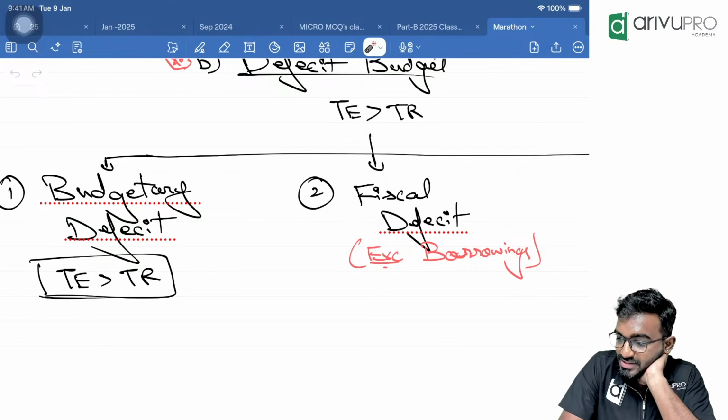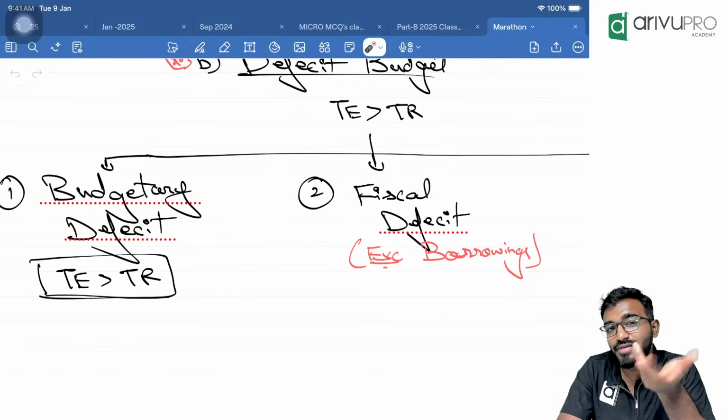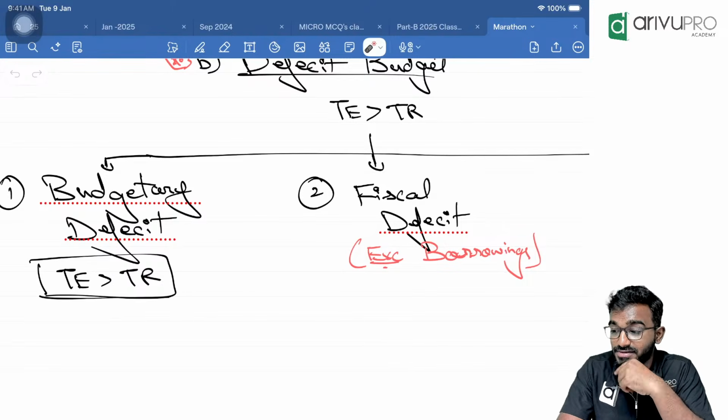Sir, how to score marks in macro? What are the chapters to practice? 6, 7, 8, 9. Chapter 10 you can ignore, but I don't suggest ignoring it because equal weightage is there. 15 marks will come from chapter 6, and most of them are numericals in chapter 6 and chapter 8, and they are easy numericals. Yes, in macro only. In micro, numericals come in chapters 2 and 4. Micro scoring, I don't think anyone has an issue there. Microeconomics.